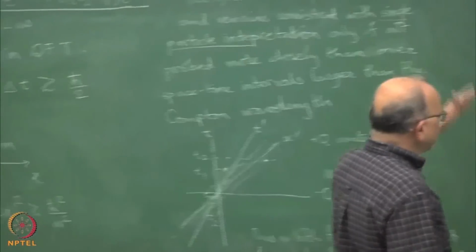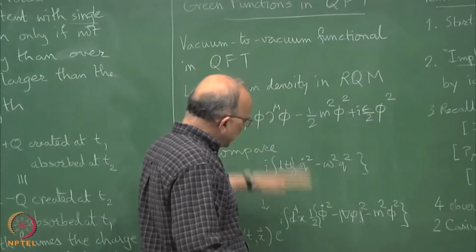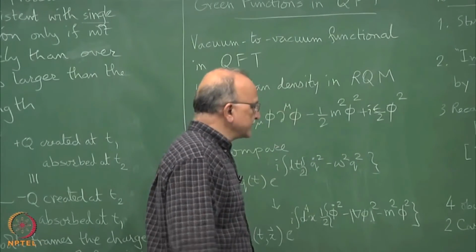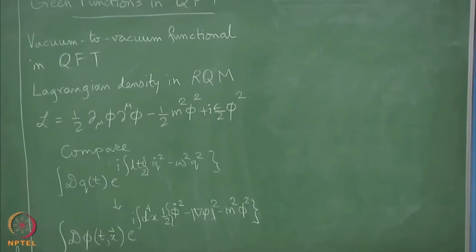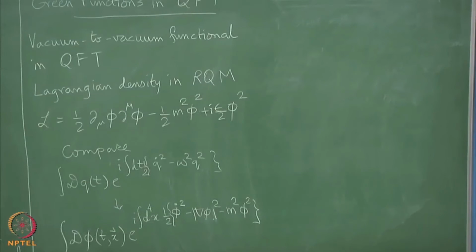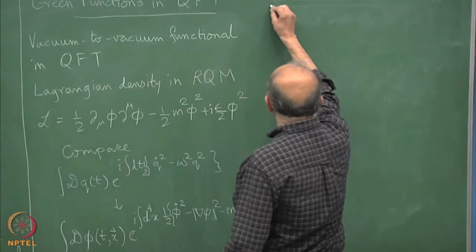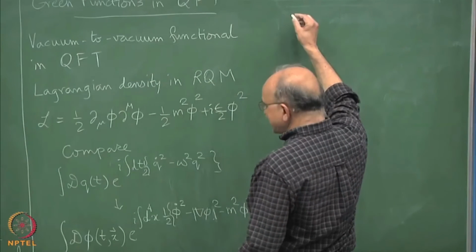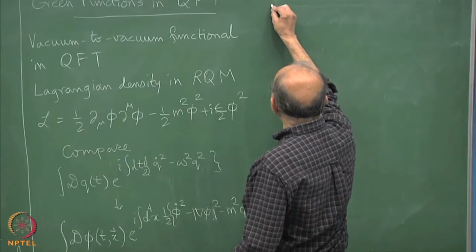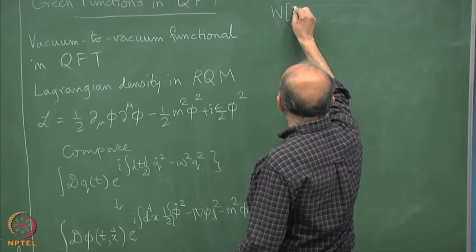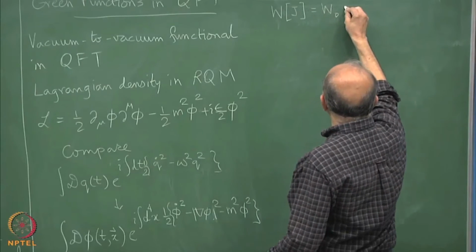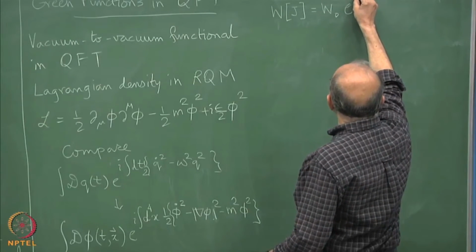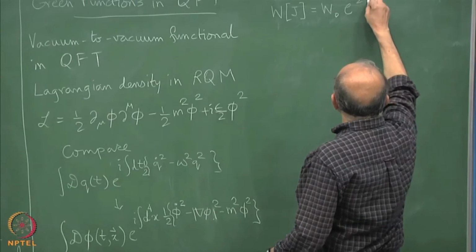And that is where we have a bit of a contrast, because here the free propagator appears and it has the free wave equation. So for the quantized field, everything goes through exactly as before. So I can hurry up a little bit and say that therefore we write the W of J now. Now we switch to the notation J, current. It will be equal to W0 times e raised to minus i over 2 integral of